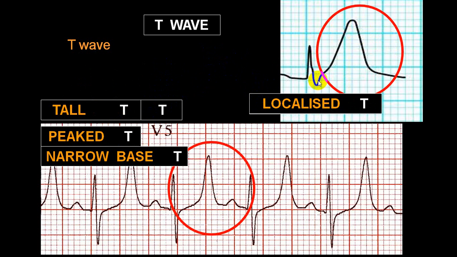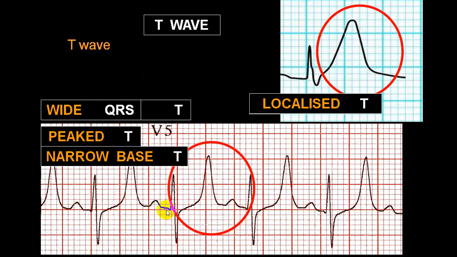This is localized. If we have a 12-lead ECG, you can see that this is present in L2, L3, AVF, or lead 1, AVL, or in the case of V1, V2, or V2, V3, V3, V4, or V5, V6. So we call them consecutive leads. Well, this is global, or we call it widespread.